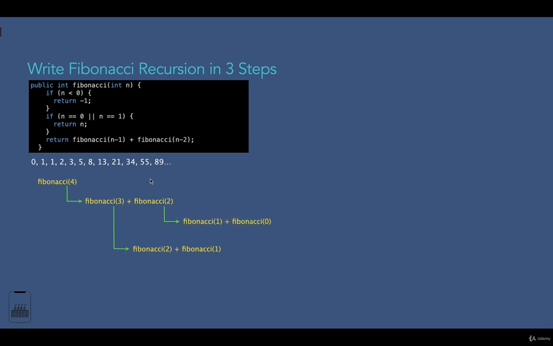Here again, it checks if 2 is less than 0, it's not, so it goes to the next condition, and it's not equal to 0 or 1 either. So it calls itself twice here too: Fibonacci of 1 plus Fibonacci of 0. The same rule applies for the other Fibonacci of 2, which is calculated based on Fibonacci of 1 and Fibonacci of 0.